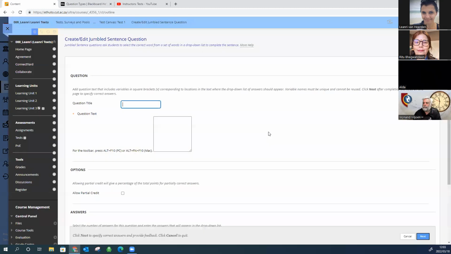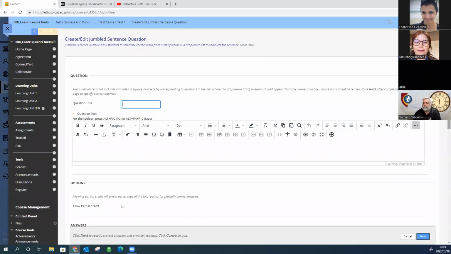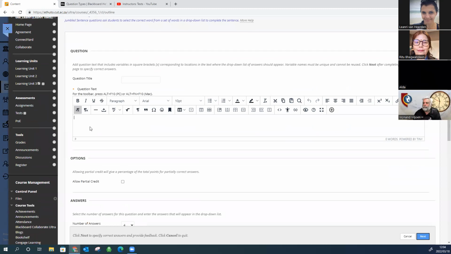Jumble sentence. Yeah, that's a good one. This is the one where you get the drop downs and you need to mark. So I'm going to put in variables again. When I wake up in the morning, I first, then I